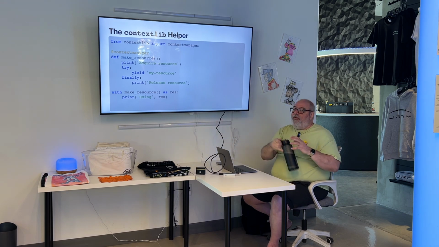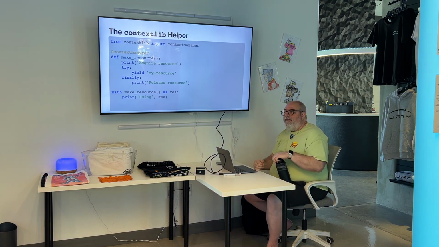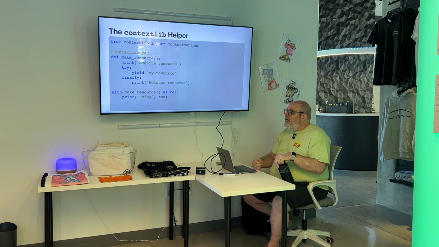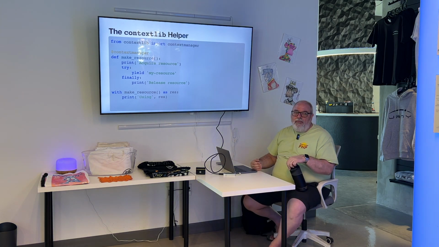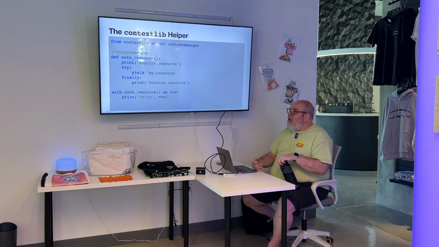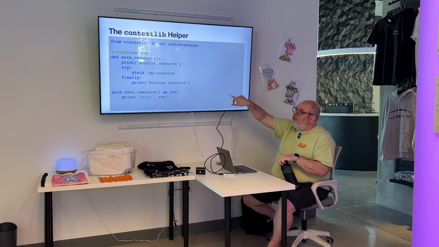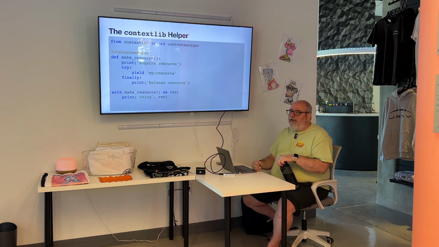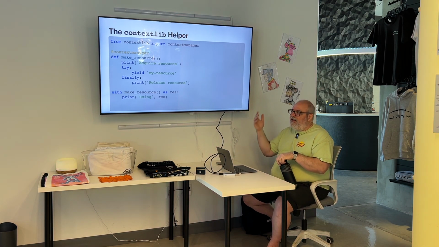So there are some super nice helper functions. If you don't require setup and teardown, you can just decorate your function with context manager, and it will automatically handle the enter and the exit. Instead of having separate functions to do it, you're just going to have a yield statement. So if you've done PyTest before, it's like when you make